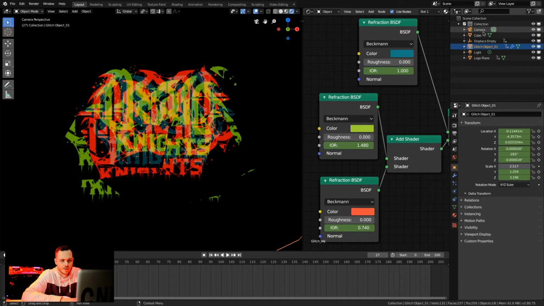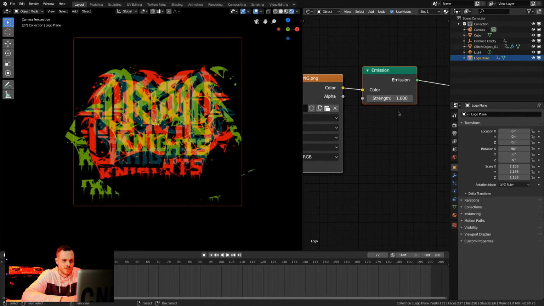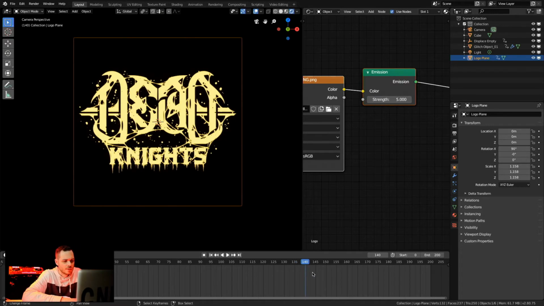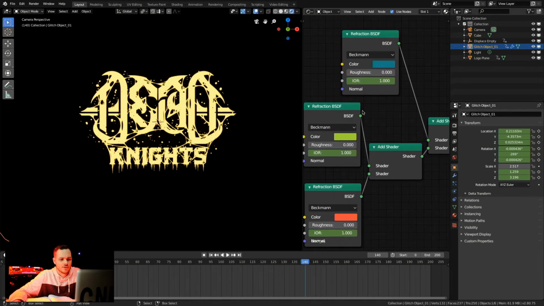I'm gonna check out my plane. Check out my emission settings. Higher emission setting. That didn't quite get white though. One of the issues that I've had on occasion seems to be that when my object doesn't end up white as the default, I have to go in here and tune some of these settings